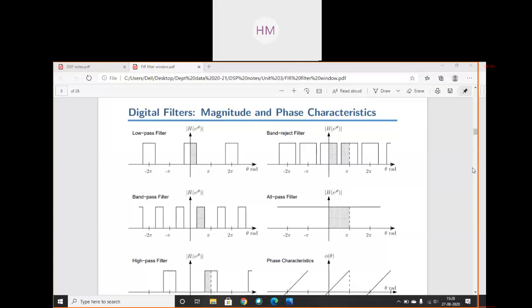Filters are classified in many ways, depending on the outputs, analog and digital, depending on the frequency response, depending upon the approximation, depending upon the types, low pass, band reject. So we all know low pass filter output. Everyone must know. This lies from minus theta to plus theta range. Okay. So low pass filter frequency response shows you that lower range of frequencies are passed.